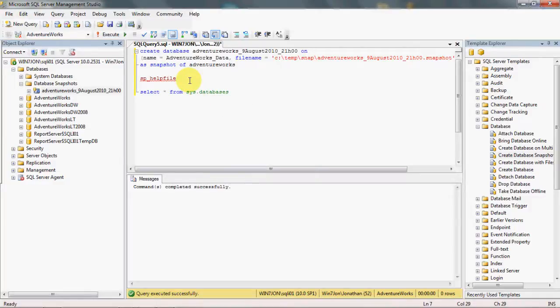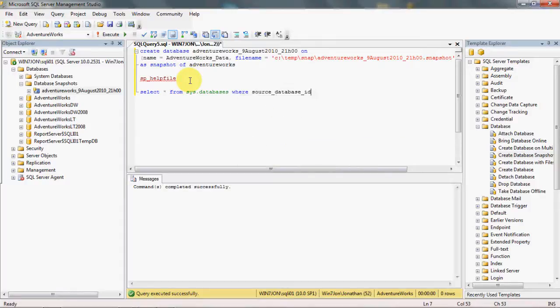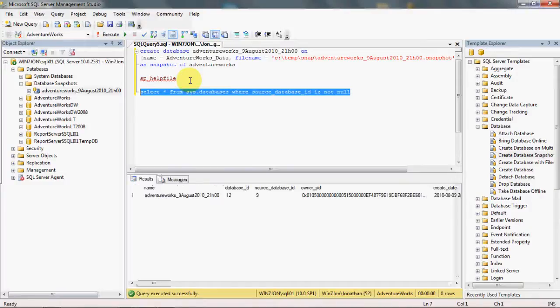Okay, where source database ID, thank you, IntelliText, is not null. Okay, so what is this going to do for us? Have a look down here. That's the name of the snapshot database. It's telling us its ID is number 12, and that its source database is actually number 9, which is the